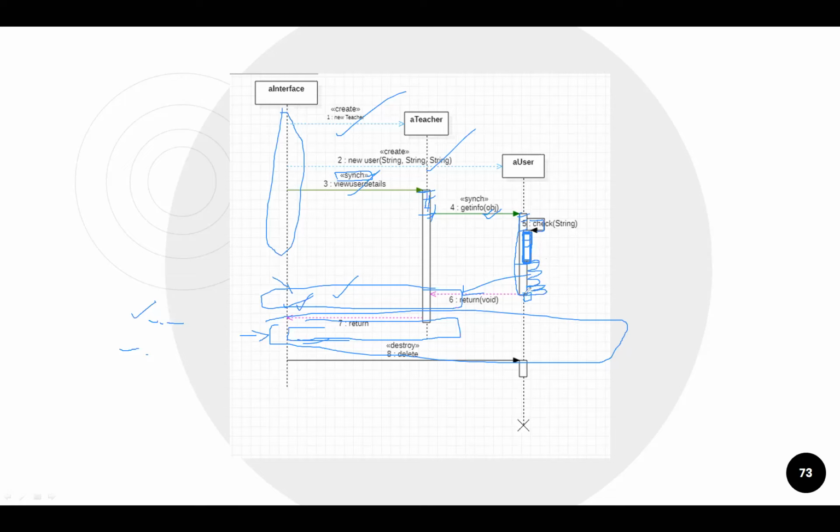And after finishing this get info method, because we have specified that it is a synchronized type of method, what are we expecting? We are expecting a return call, a success message. We are just returning from here to here. This line indicates that there will definitely be some line after this get info method. So we have successfully executed the get info method.